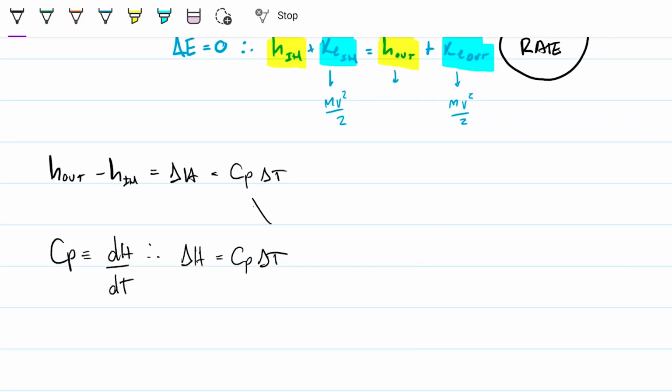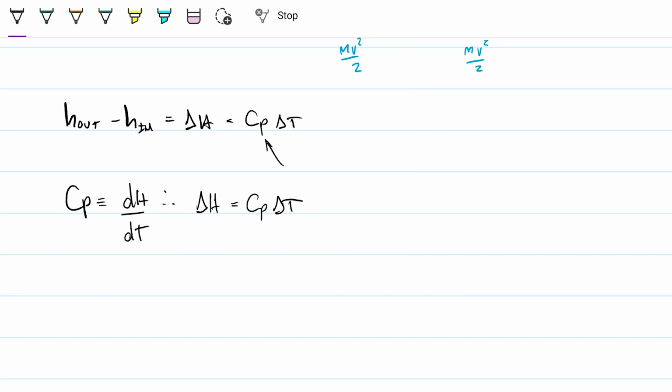What I don't know is C sub P, and this is something you can grab off the table, but we don't have to. If this were a test, we can find it ourselves. How do we go about doing that? Well, we know that K was given, so let me do it in a different color so we can relate this. So how can I find C sub P? Two things. We were given K, and we know